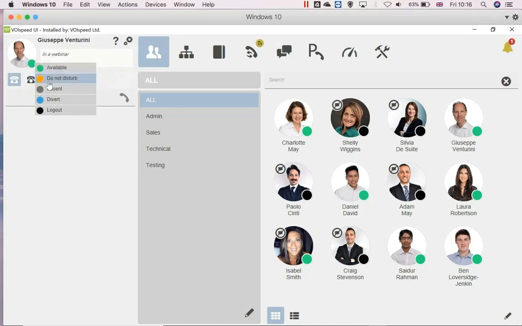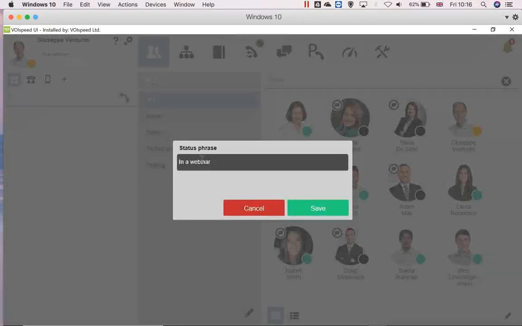If you click on your picture on the left-hand side, then you can see available. You can set your phone as DND, which means you are able to make calls, but you won't be able to receive them. And if you put yourself in DND, one thing that I suggest is to write something here